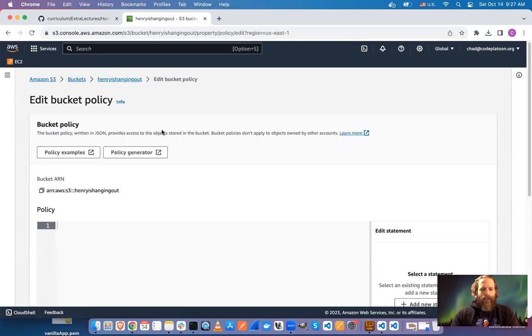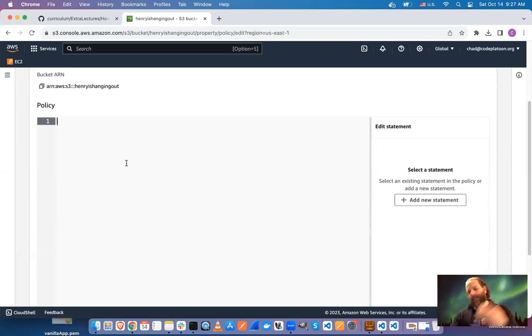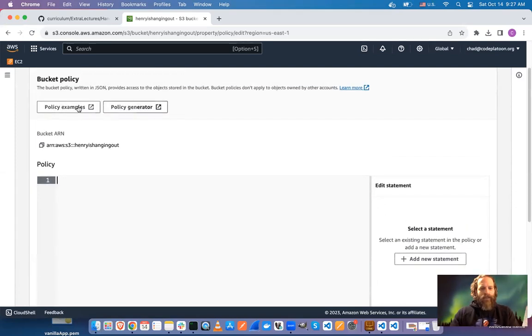And then I'm going to use the policy generator. So we're going to need to paste some JSON in here, which will describe the policy. So AWS has a standard way of doing this. So if you have something available, you can paste it in there. Otherwise,